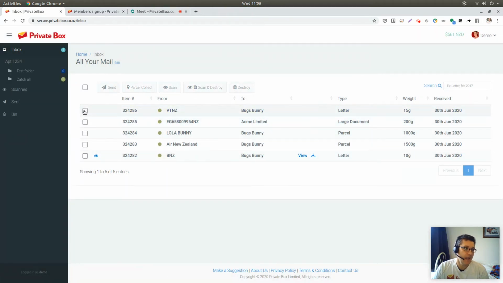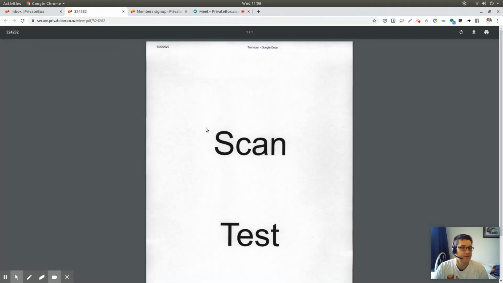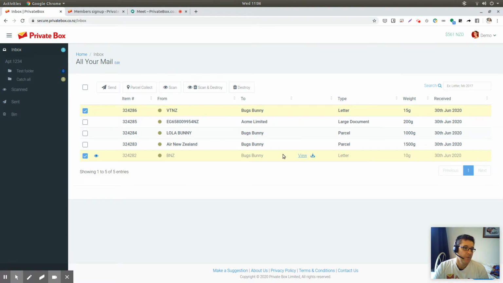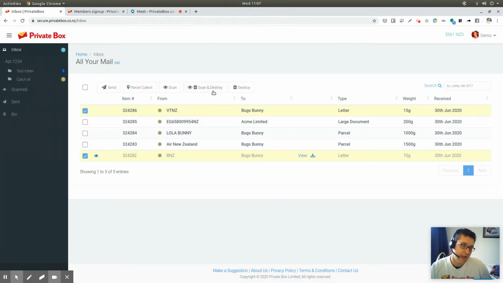You've got scanning. Obviously, that's when we'll open and scan it. You'll get a digital copy, similar to this one here from BNZ. So this is just a test letter that's loading, and what you'll see in a minute when I go through the rules section, you can automate a lot of this stuff. Scan and destroy is very similar to scan, except once it's scanned, it will just be automatically queued for destruction. That's just really handy for